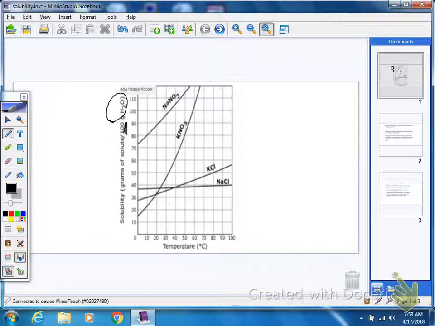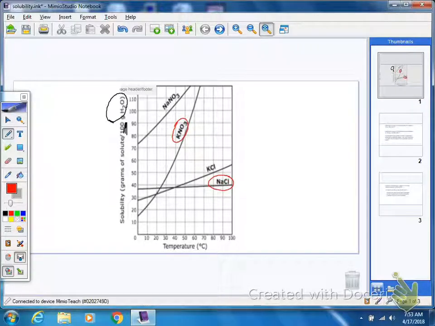So when we take a look at this graph, we have 4 different substances. You can see the KNO3 has a big climb on how much can dissolve as the temperature changes. So that shows it's greatly affected by increase in temperature and how much can dissolve in 100 grams of water. And NaCl down here,